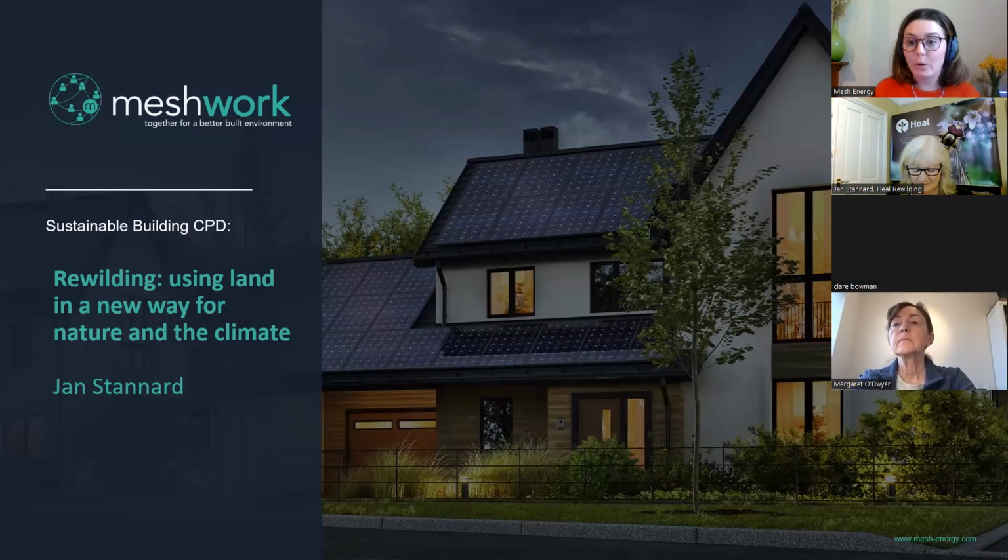The reason why we've brought Rewilding into the sustainable design platform is because so much is focused on carbon, and what we're really trying to do now is expand the conversation and bring nature into it. We've got biodiversity net gain, but that is only 10%. So what we're really hoping is for you guys to learn the basic principles of rewilding and then bring them into your design process. So think about them at the beginning, and then hopefully by the end your building will sit within a great wildlife structure as well. So yeah, it's really exciting. It's going to be really interesting and a little bit different to what we normally do.